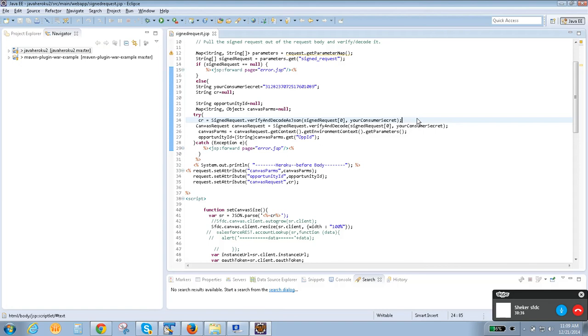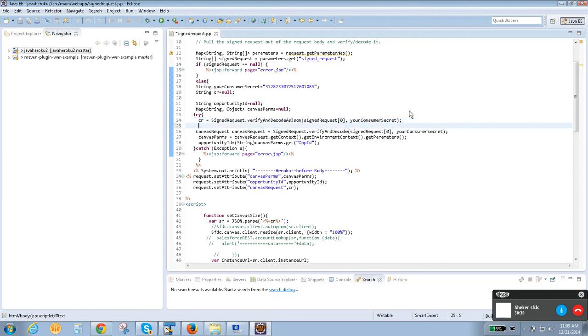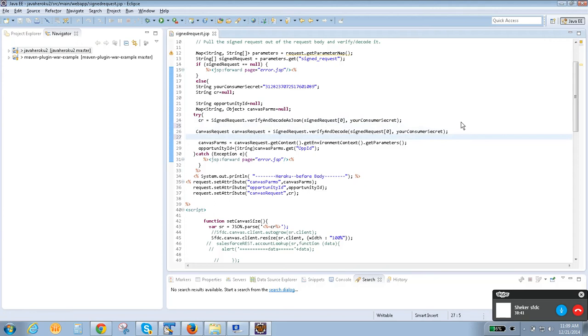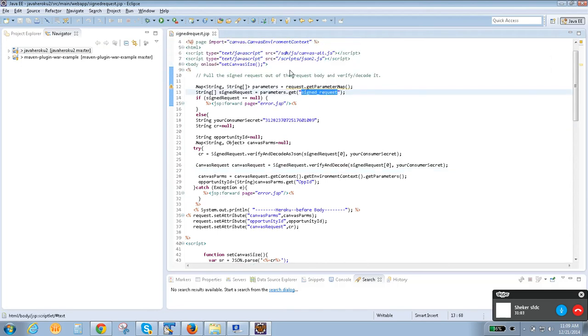Suresh, say for example I'm not a Java person and I want to integrate one JSP into my Canvas app. So all these things are taken care of by the client side guy? Correct. That means I'm not going to bother about anything. What we have to say is that there will be a POST request. It will land on a particular URL, either a JSP or a controller, wherever it may be. We have to get this request and decode it.